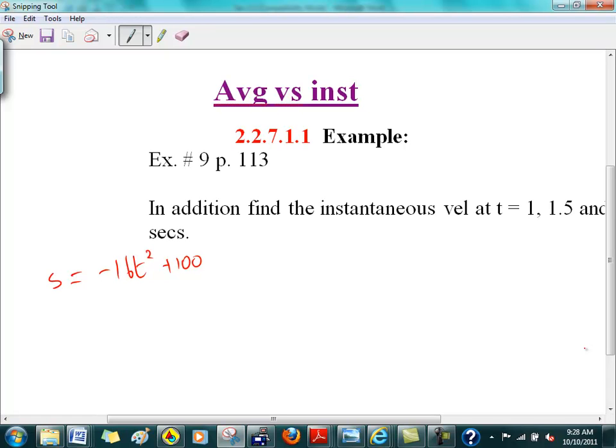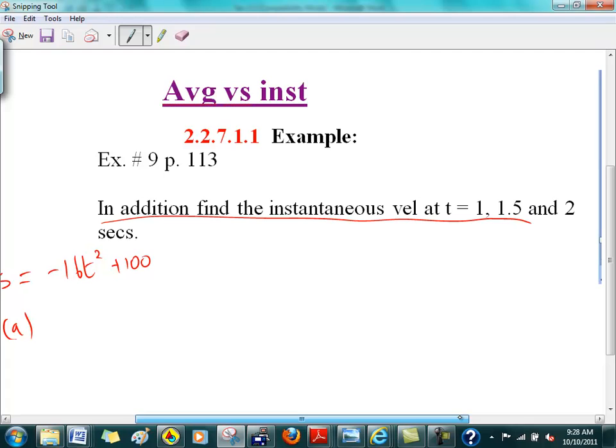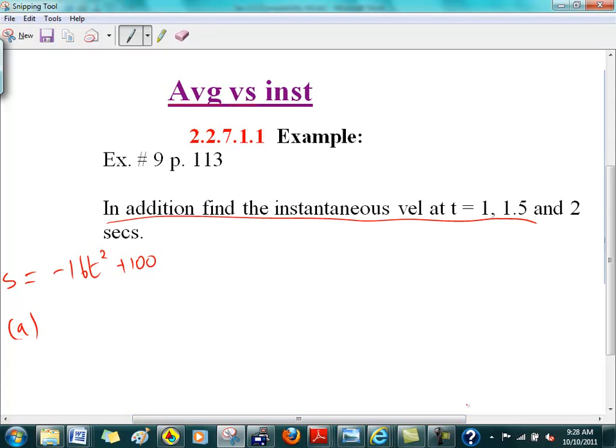All right. So there are 3 parts to the question. I'll do one of them and then you guys can do the others. Notice that the example is just asking you to find the average velocity between 3 different intervals. But then I'm asking you to find the instantaneous velocity at these different times, okay? So I've added to that question. So if you want the average speed,